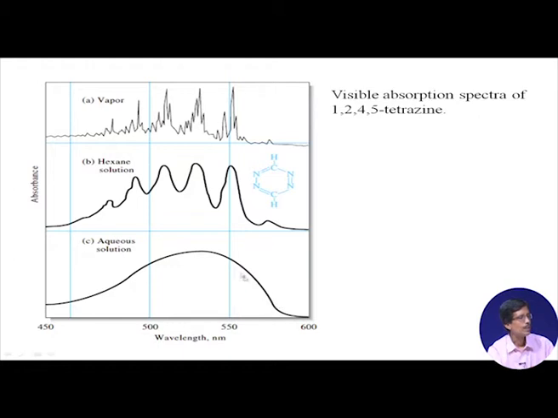So, what we see is that in the vapor state we have several of these lines. Instead of that, we can have 4 prominent and 1 very small line, or the absorption peak, as we call it. So, 4 plus 1 very small absorption peak in hexane solution. So, in organic solvent, which is different from the water medium, it is giving rise to